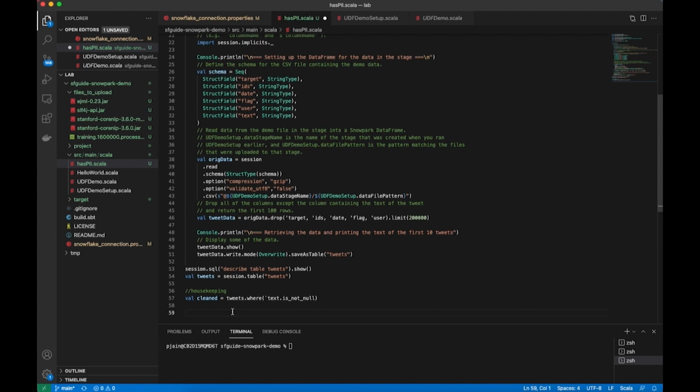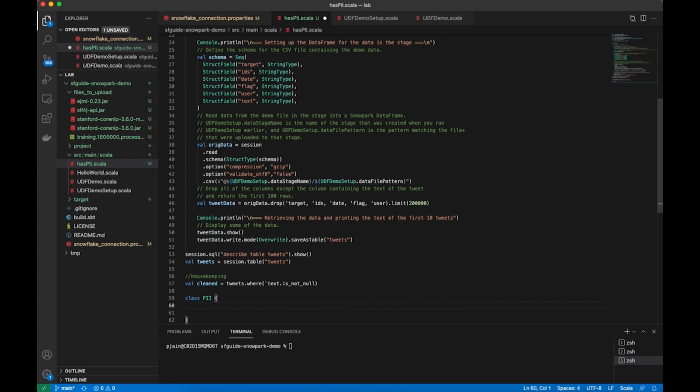And now let's create a class. I'm going to call it PII. And this is the class and the function inside that class we will create. We will use that code or that function as a UDF, as a user-defined function. So you can see how we can reuse code without actually building new code further in the pipeline. You can keep using this code over and over, and this code will sit close to the data. So you can call this function and check PII in any text, not just this tweets table, but any